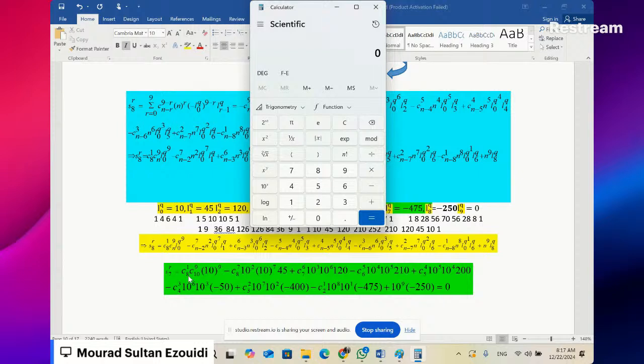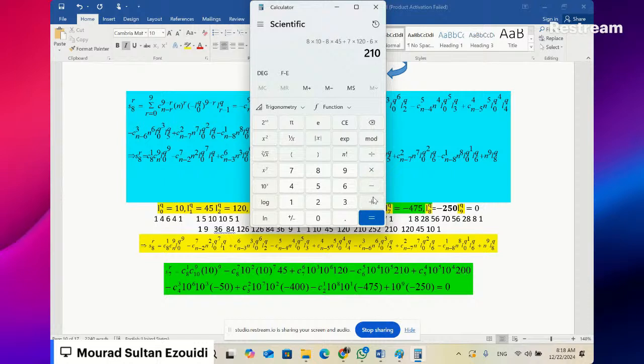Now, combination 8 choose 1 is 8, times combination 10 choose 9, which is 10. That's 8 multiplied by 10, minus 8 multiplied by 45, plus 7 multiplied by 120, minus 6 multiplied by 210, plus 5